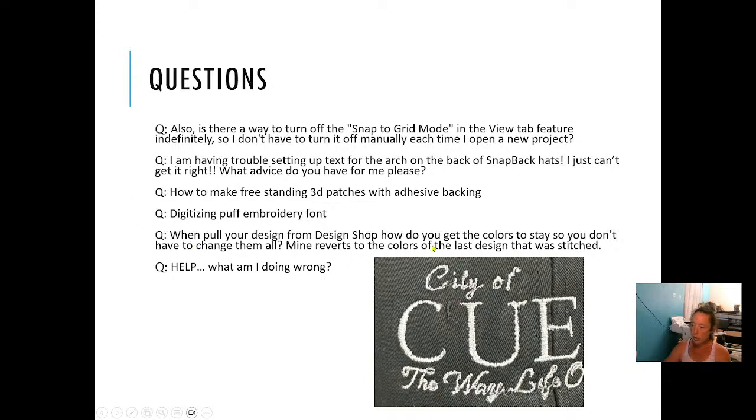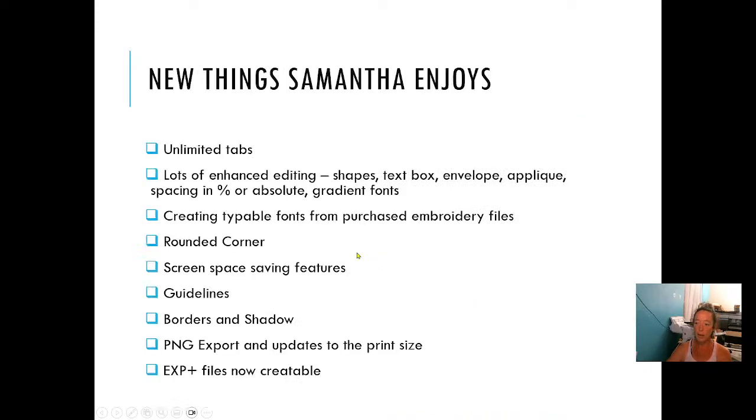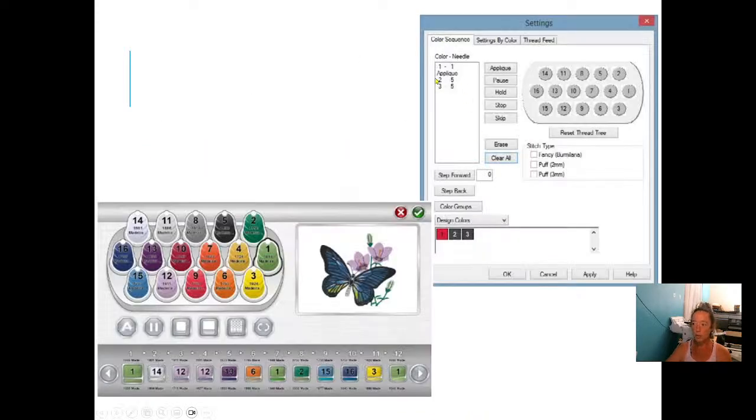When you pull your design from DesignShop, how do you get the colors to stay so you don't have to change them all? Mine reverts to the colors of the last design that was stitched. Okay, so when you load your design into, this makes it sound like a DesignShop question, but based on it reverting to the last design that was stitched, that to me says this is actually asking about the OS. So when you're setting up your colors right here,